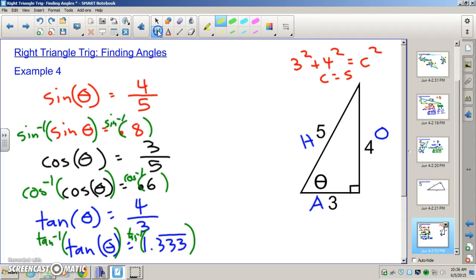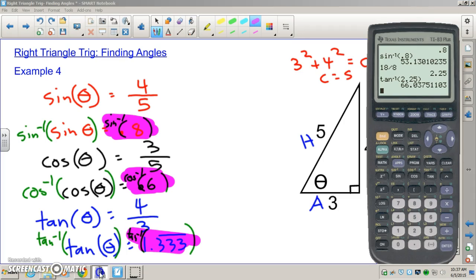I'm going to need to calculate on my calculator. I need to know what is the inverse sine of 0.8. What's the inverse cosine of 0.6? What's the inverse tangent of 1.33333? And it's referring to the same angle. So let's take a look. I'm going to clear this. I'm going to do inverse sine of 0.8. I'm going to do inverse cosine of 0.6. And I'm going to do inverse tangent of